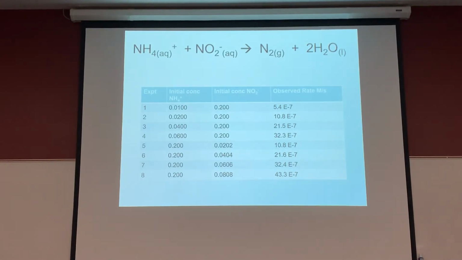But in answer to Ollie's question, what's the most complex? I wouldn't even consider an order of 3 complex because, if you double the concentration and the rate goes up by 8, what's the order? 3, if you guess 2 to the 3rd power gives you 8. If you triple the concentration, it goes up by a factor of 27. The order is 3 because 3 cubed is 27. We've never seen an order 4. I don't think I've ever seen a problem with 4. 1s and 2s and 3s, those show up.